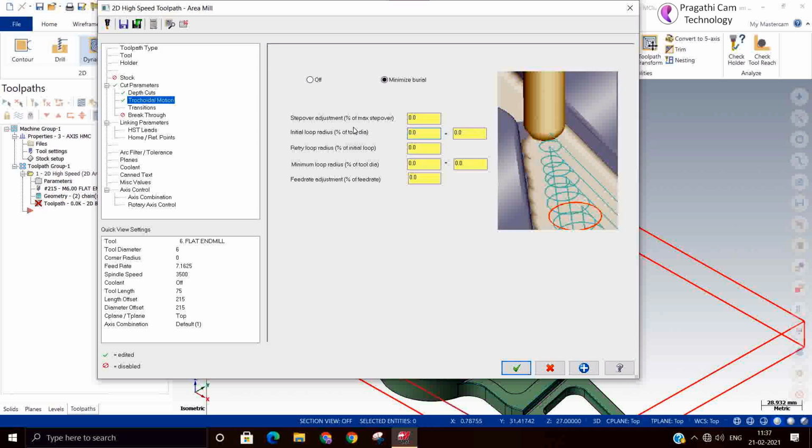So you can adjust the step over adjustments also, or otherwise if you don't want trochoidal motion, you can switch off. You can switch off or switch on according to your requirement.